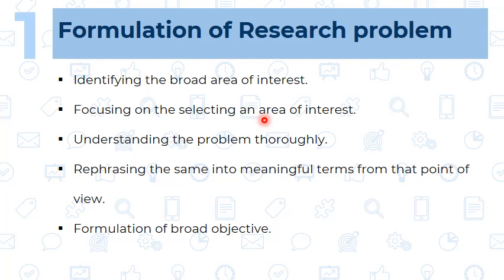So I have to understand that problem thoroughly and rephrase it into meaningful terms. Means I should be able to formulate that research problem into proper meaningful terms. Then only it will be a particular research problem and we can say it is a defined research problem. Means whenever any third person reads the title of the research problem, that person should not get confused or be able to draw another possible meaning. So there should be a unique meaning which is precise and specific in nature.